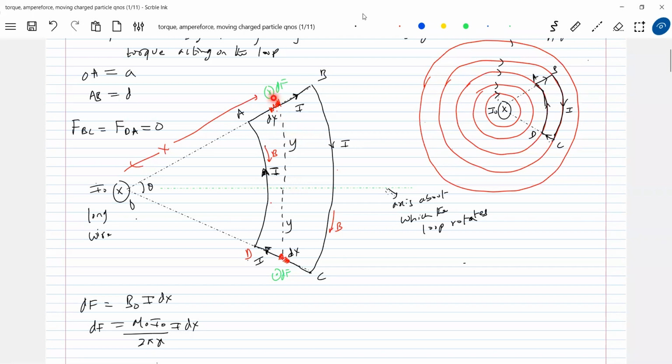What is the angle between dF and y? It will be 90 degrees. Don't take this angle. This is not the angle between dF and y. This is the angle between dx and y here. So the dF will be out of the plane. So the angle between dF and y will be 90 degrees. Therefore the torque should be equal to